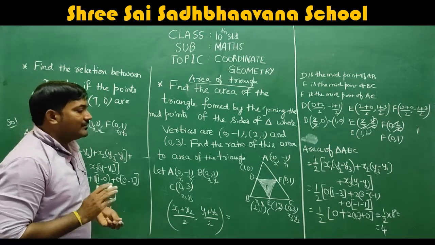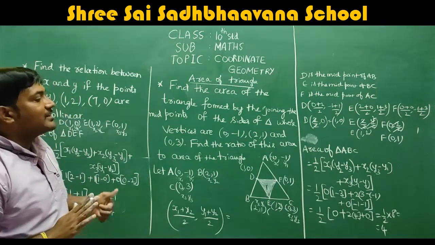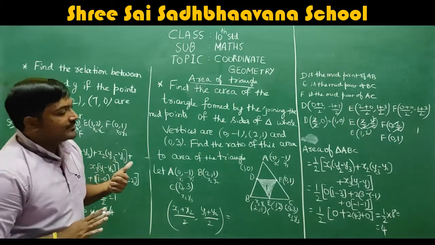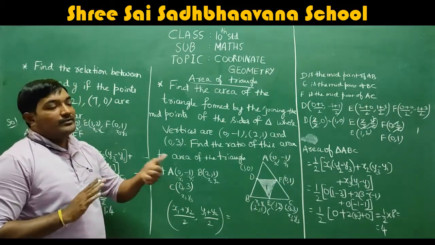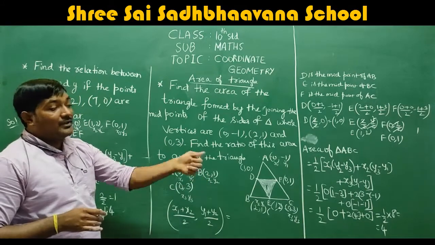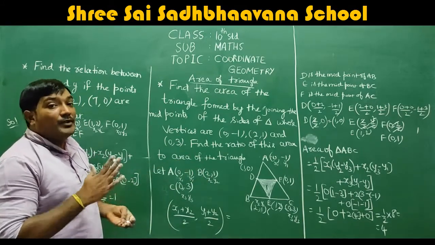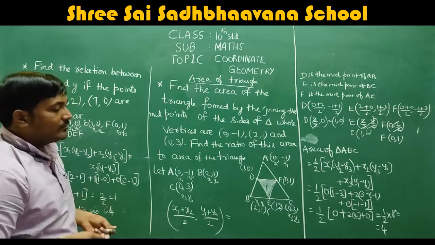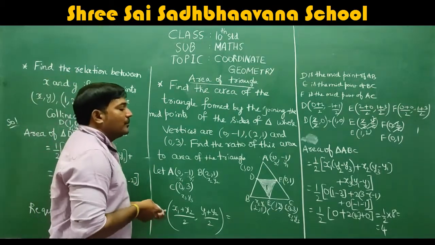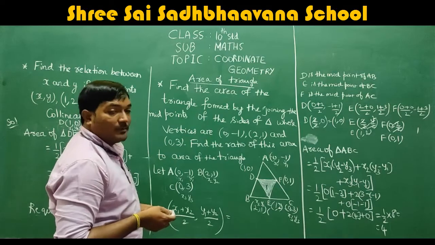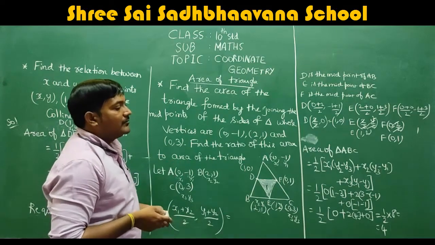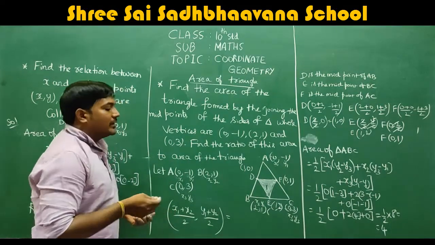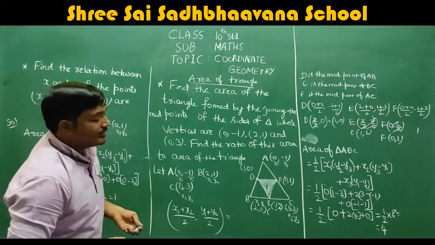So if that is the case, first thing I did, I just assumed the first vertex as A, second vertex as B, third vertex as C. I am writing everything on the figure so that you guys will not get confused with the vertices. So A, B, C I have taken. So A we assumed as (0, 1), B (2, 1) and C (0, 3). And I have taken the first vertex as x1, y1, second as x2, y2 and third one as x3, y3.